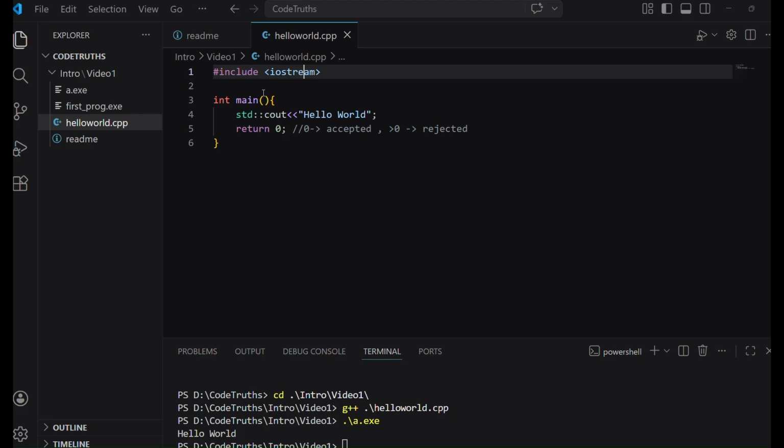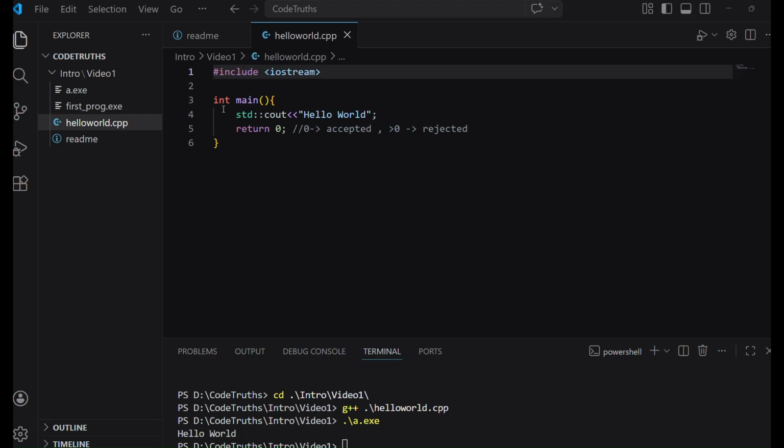Including means it is pasting the data, or you can say all the CPP code, here. So whenever you thought we are just writing iostream, it reduces your file size. You see, this is a 6 line code. When it goes to the compiler, it is not a six line code. It is much bigger than what you actually wrote.